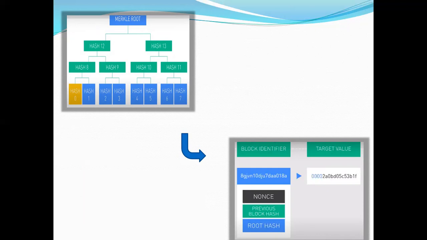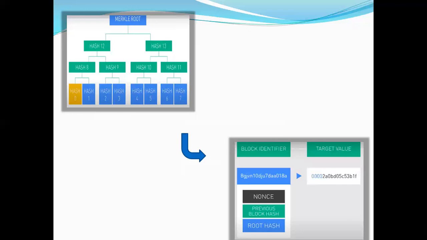Since a small change to the input completely changes the output, the miners try random nonces until they find a valid output hash. The amount of starting zeros needed in the output hash depends on the value called the difficulty. This difficulty value changes depending on how much computing power there is in the network. The resulting output hash is a block hash and will serve as the identifier of the newly generated block.